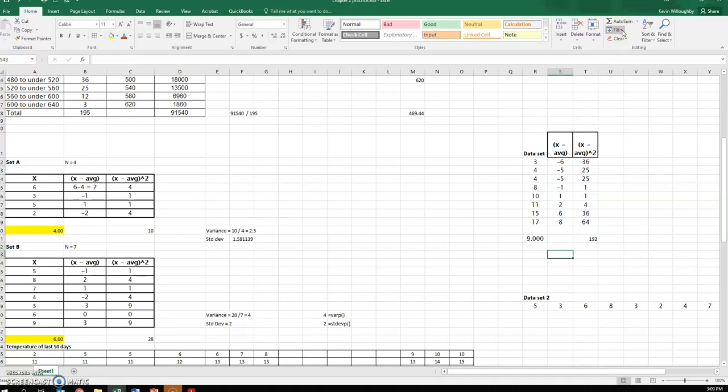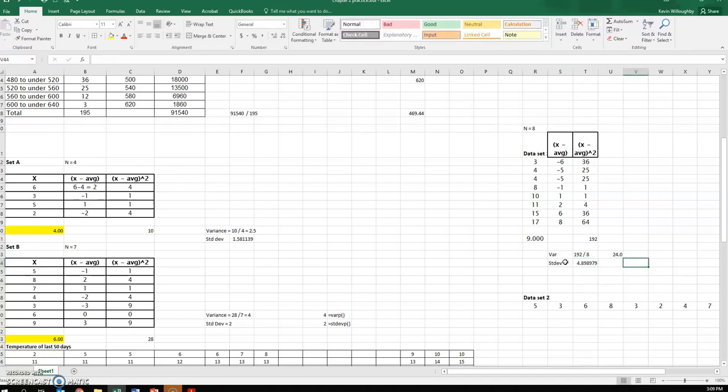And then we know that the variance is going to be basically 192 divided by 8. Why 8? Because n equals 8. We have 8 pieces of data in our data set. All those pieces of data, there is the count, which equals 8. So the variance, 192 divided by 8, is 24. And once we have the variance, we can easily calculate the standard deviation, which is the square root of 24,